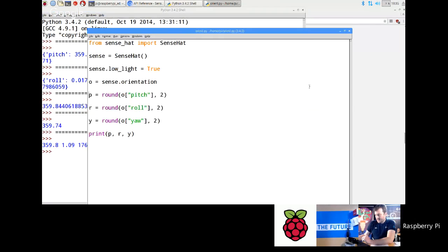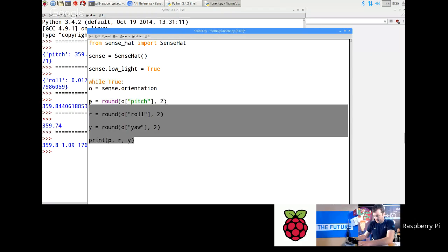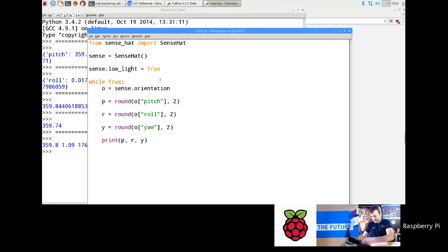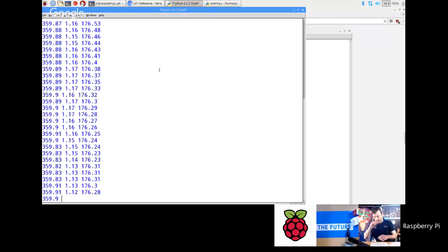Okay, so now all I'm going to do is put all that in a while loop, while true, and then go in here, set to that. All right, so now that will just continually run those 5 lines. All right, run like that, and now you can see, now keep it on the screencast, but what I'm going to do